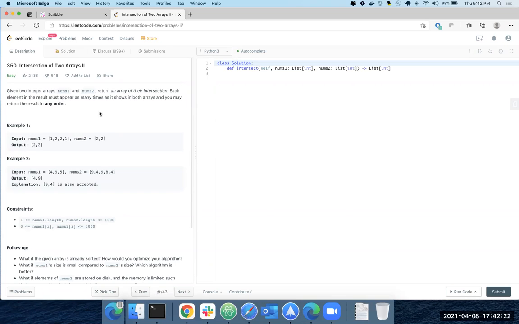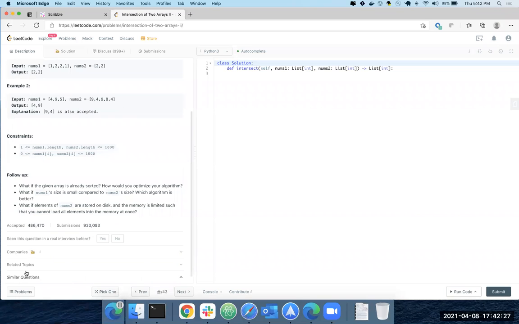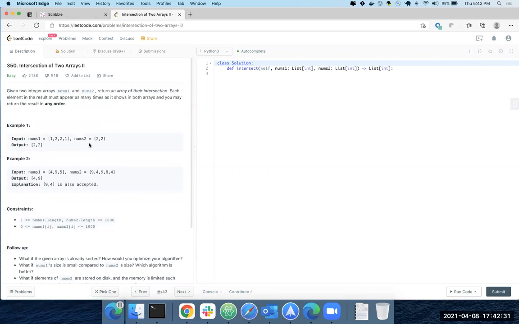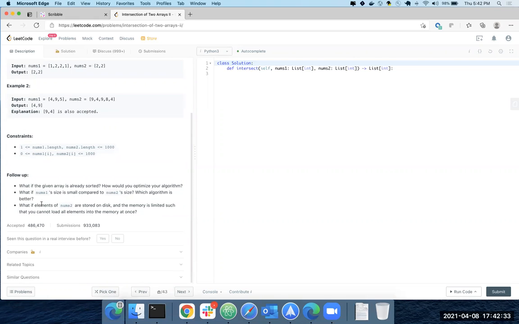At least it didn't say. Follow up: what if the given array is sorted? How would you optimize your algorithm? What if nums1 size is smaller than nums2 size? What if elements of nums2 are stored on disk, and the memory is limited such that you cannot load all elements into memory at once?